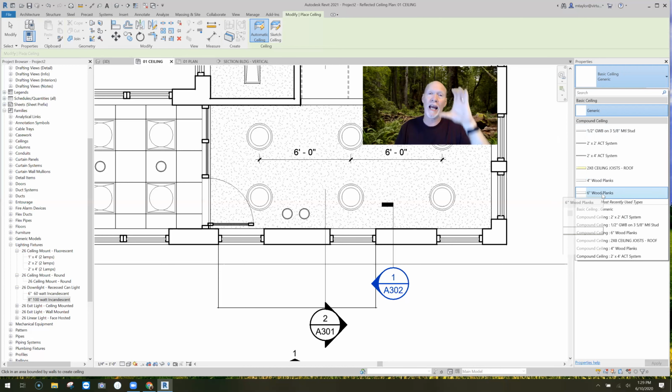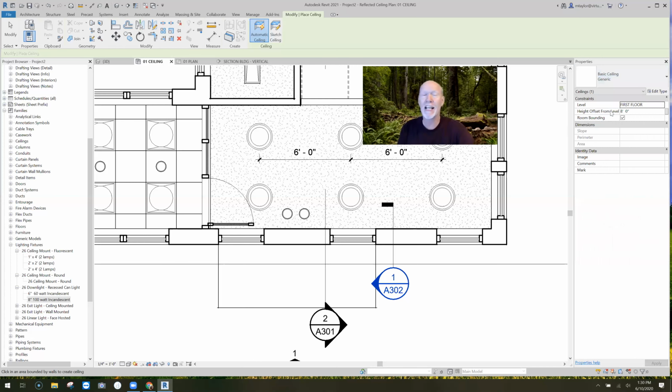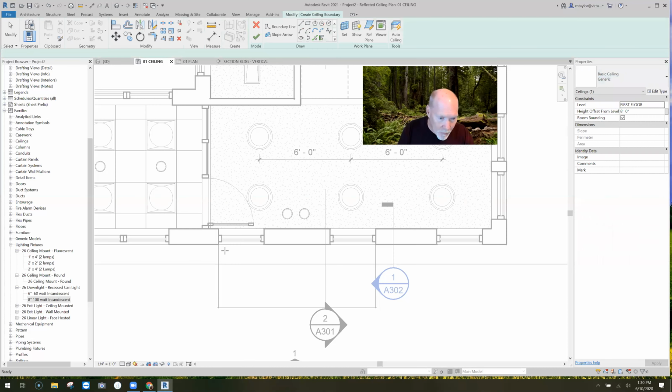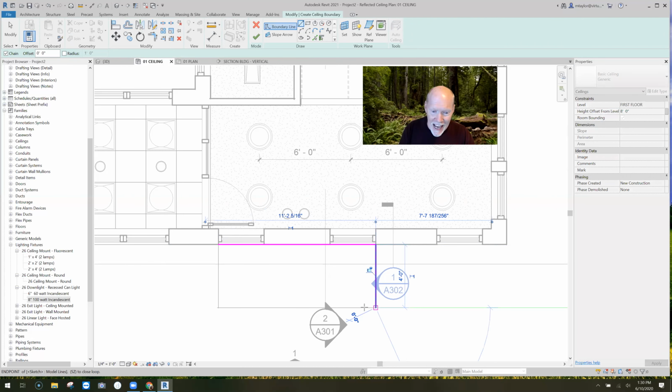Wood planks are going to have structure behind them, and then wood planks attached. But would you just scroll up for a second and look? You don't have to only place compound ceilings. You can place something called a basic ceiling, which is just a plane. It doesn't have depth to it. So if I click generic basic ceiling, okay? And then I'm going to go with sketch mode here,